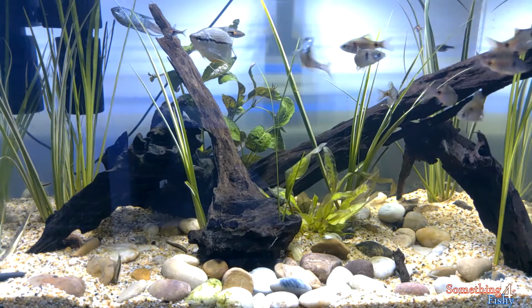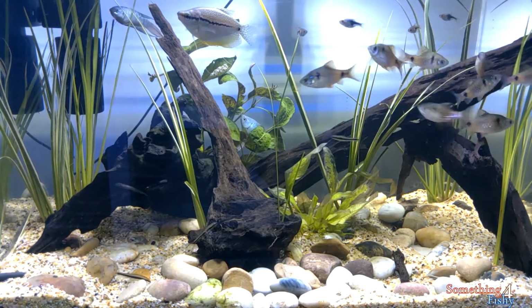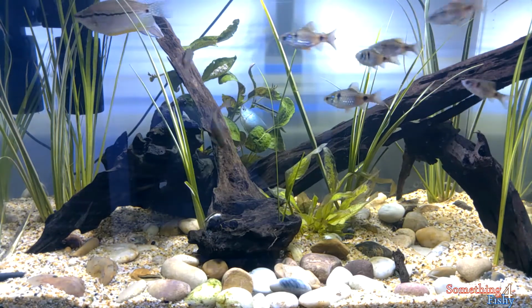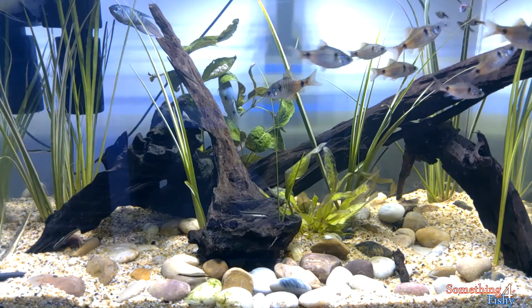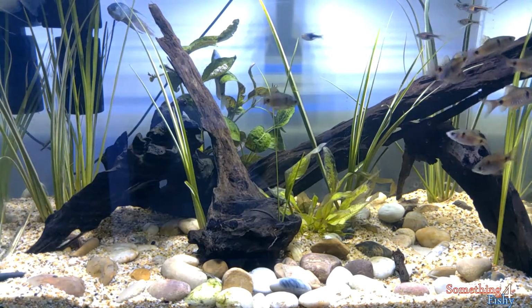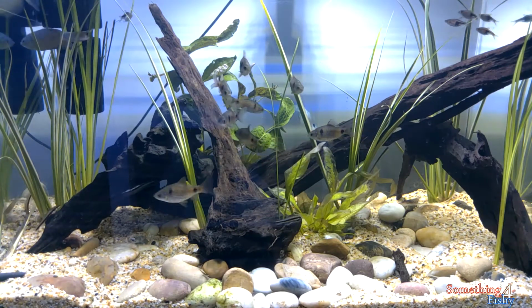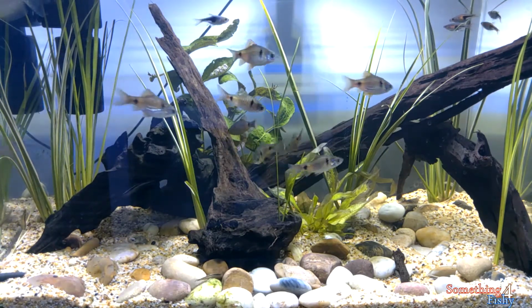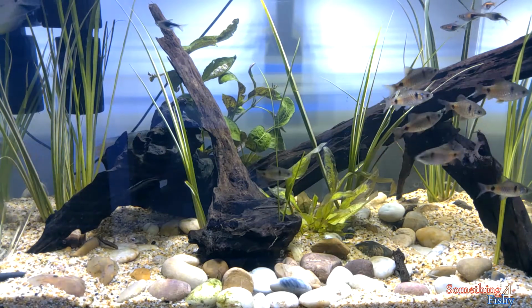But they're pretty peaceful, but they're quite fast eaters, so I wouldn't put the Odessa Barbs with other slow eating fishes. Although, like I said, it's case by case. I don't seem to have that issue in my tank because they're the fastest feeders in this tank easily, and it's quite obvious from their movement that they're quite dirty, almost like the